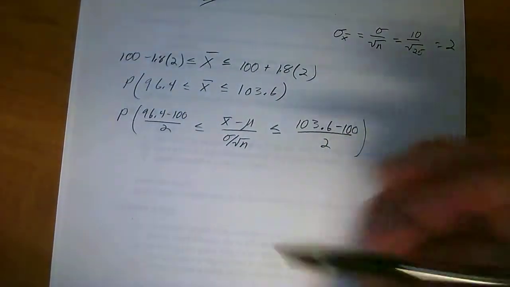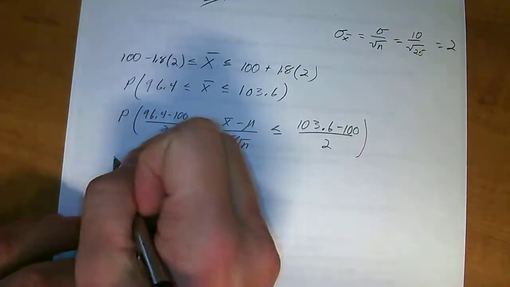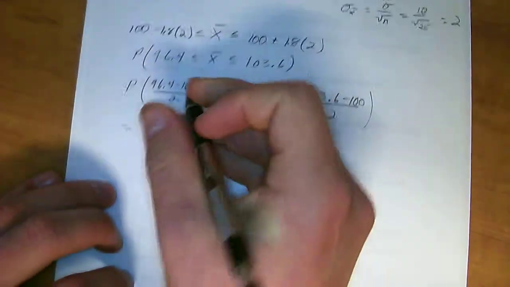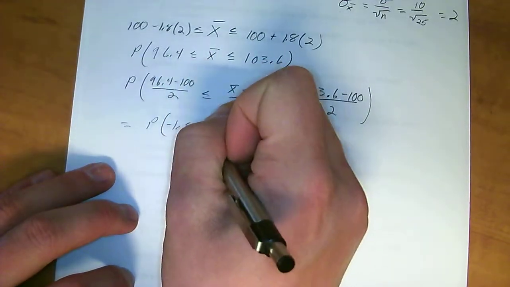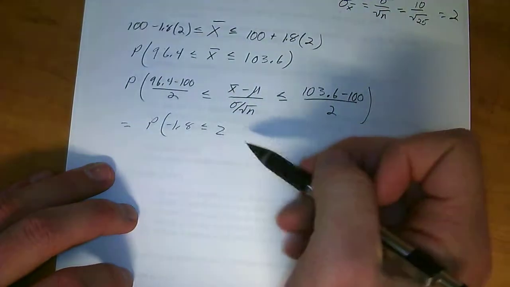Then this is going to be equal to the probability of negative 1.8 less than or equal to z, taking these values and putting them in respect to z,